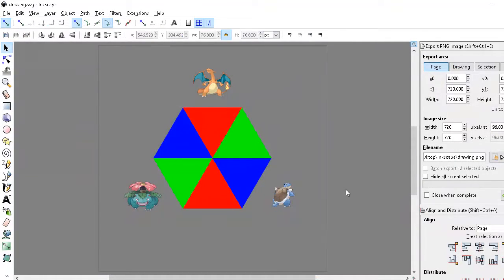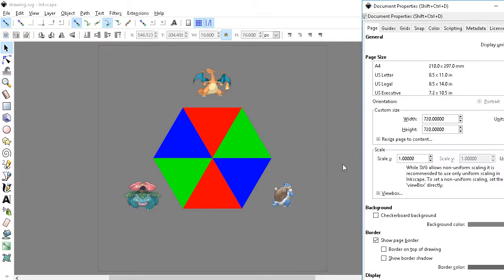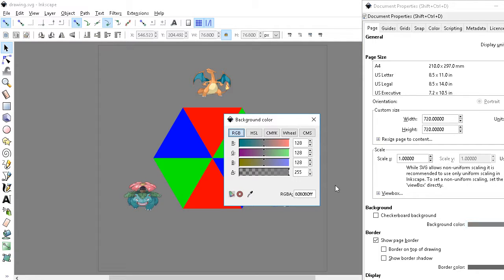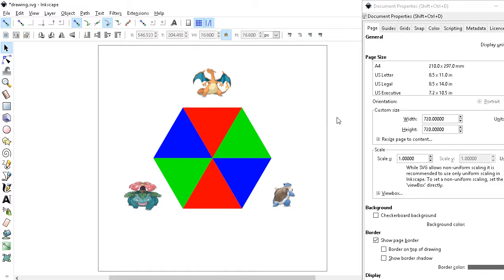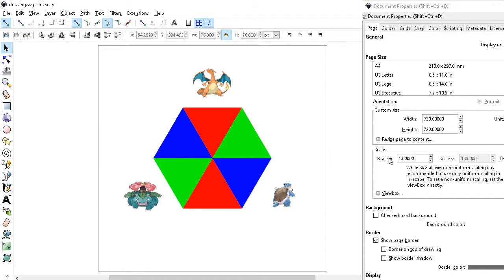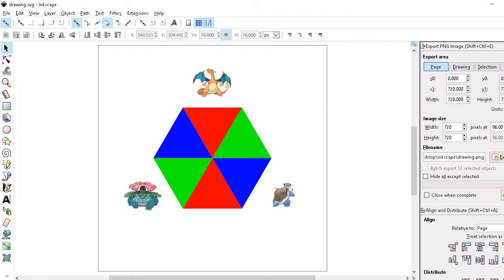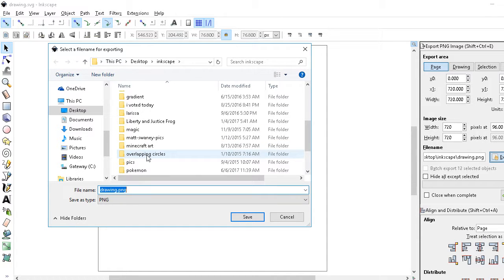And there's definitely ways of improving this. For example, one thing I can do is change the background color to be white. Yeah, I'm just going to change the background to be white. That will make a lot more sense. Okay, and I'm also going to export the image to a different location. Okay, yeah, I'm going to export it into the